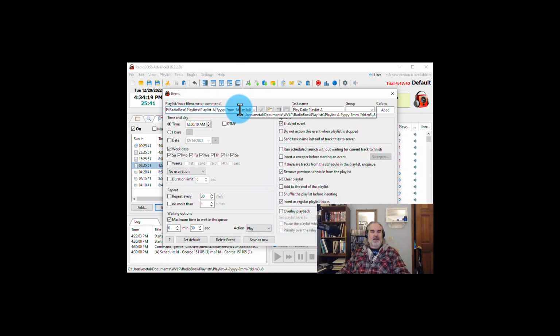So it's going to go to my WVLP/RadioBoss/playlists folder, and this command, which is going to execute at 12:10 and 10 seconds a.m. tomorrow, it's actually set to trigger every day. See that? Triggers every day, 10 seconds past midnight. That 10 seconds is to give time for the station ID to have played and completed. It's going to go to that directory and look for the file name with, again, the wildcards here. We'll make it look for